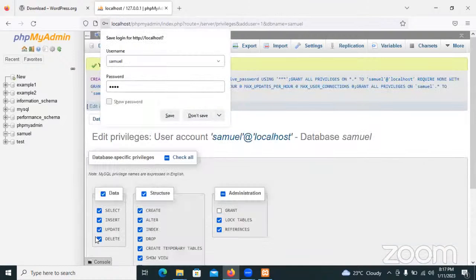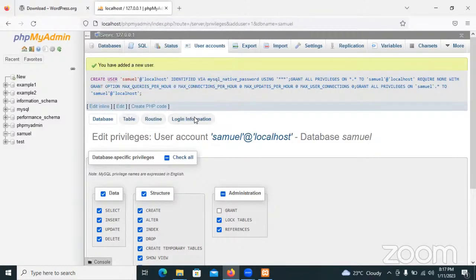Click on go. So there, what we have done, we have created the database and a user account. For today, I'm going to try, in order to save, just to show us something when that time reaches. So I've not saved it. Then after you have created the database and the user account, you can now go back to your XAMPP control